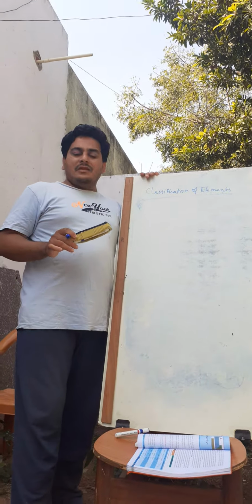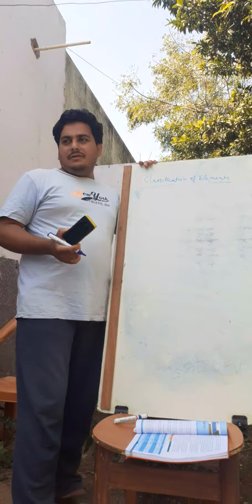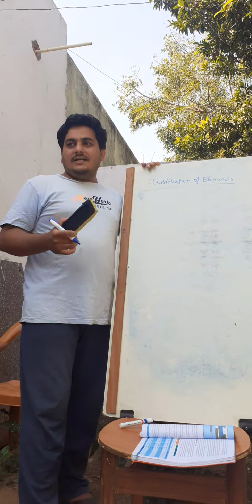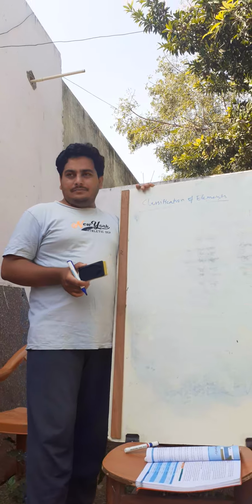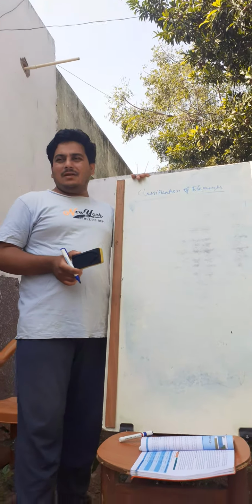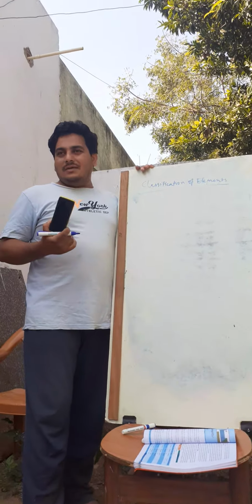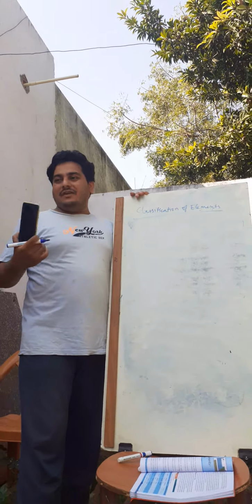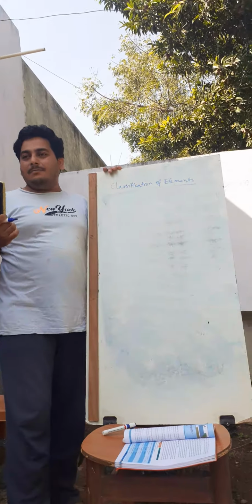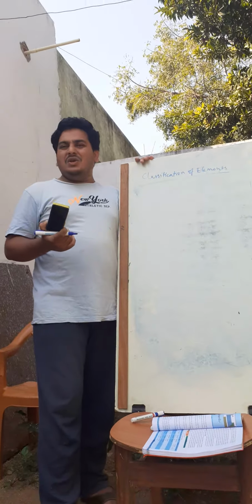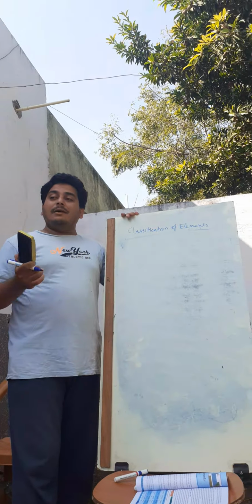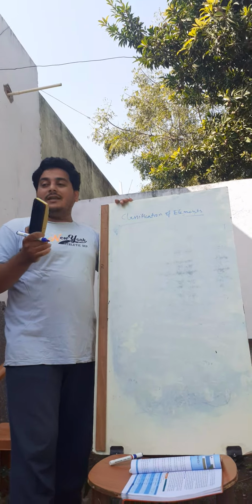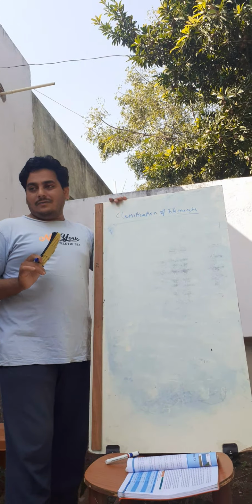Further, from the beginning, many people started arranging the elements. The first person was Robert Boyle. He said there is no need to arrange the elements, as all elements have different behavior and different physical and chemical properties. At the time of his period, only about 13 elements were found.